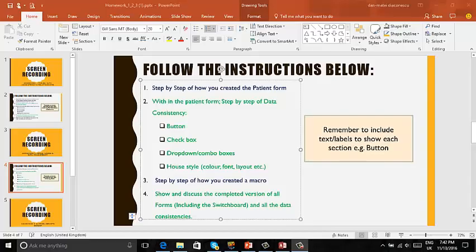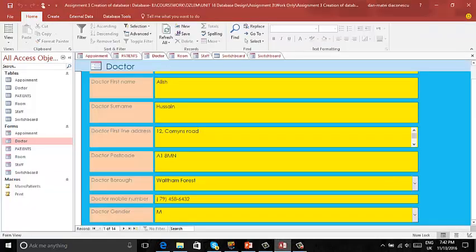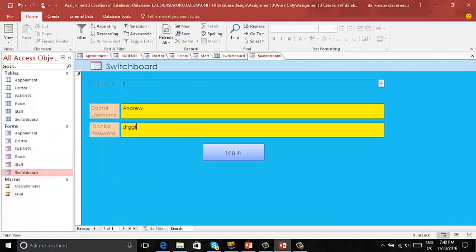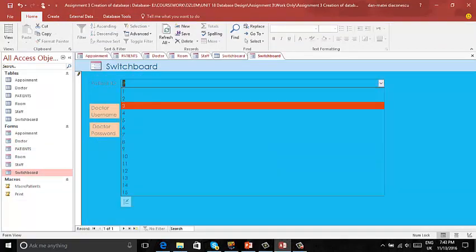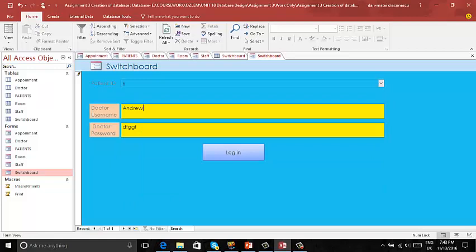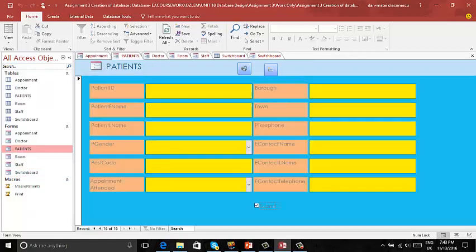In this last section of my video I'll talk about the complete version of the forms, including the switchboard and their consistencies. The first one would be the switchboard, where the user, which is the doctor in this case, would be able to select the patient ID. Then type in the user name, which would be Andrew, and whatever. And then the doctor passport, which could be any. And then the login bar would take the user to the next page, which is the patient one,